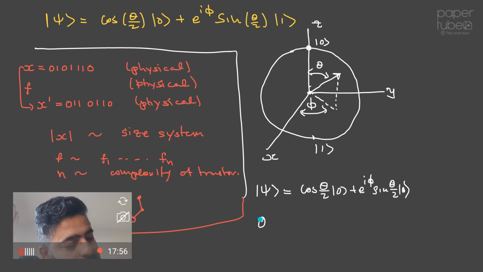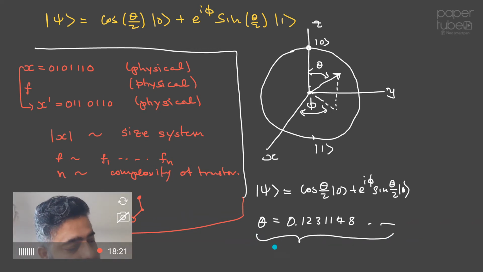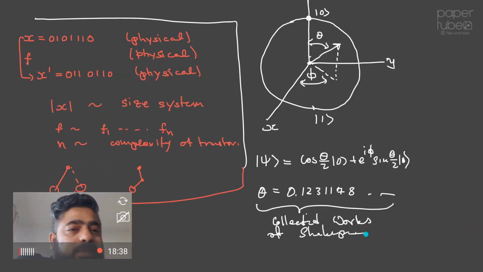Then can I take theta to be arbitrarily complicated? So I can take theta to be 0.12311. I can take an arbitrarily long real number. In fact, I can take all of Shakespeare's plays and encode them into this number. So the collected works of Shakespeare can be added to this single number theta. And this already shows us that a single bit can carry a huge amount of information, but that's not the